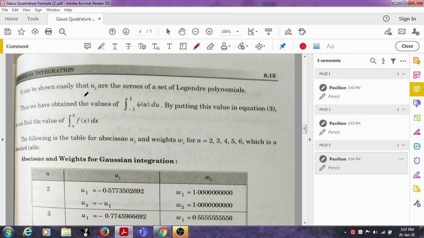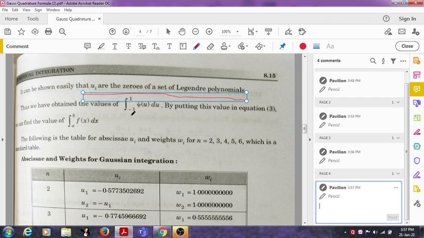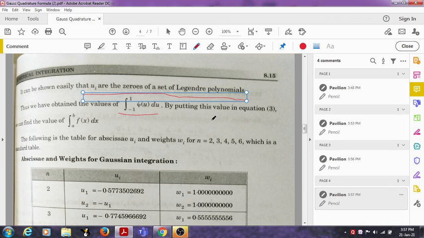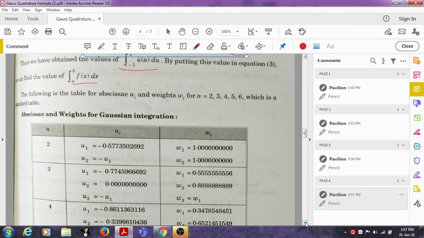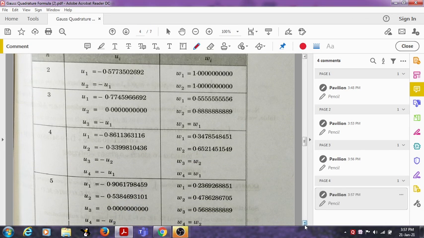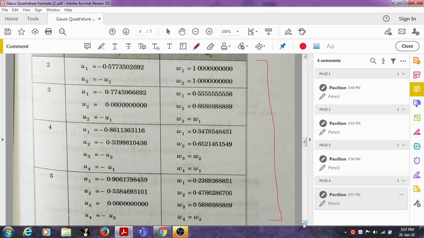So it can be easily shown that ui are the zeros of a set of Legendre polynomials. Thus we have obtained the values of ui. Now we put the value in equation 3 and find the value of wi. So it is a very complicated task to find these values for all the values of n. So we only take the value of n as 2, 3, 4, 5 and 6, and for these we find the corresponding values of ui and wi that we will use in solving problems using the Gauss